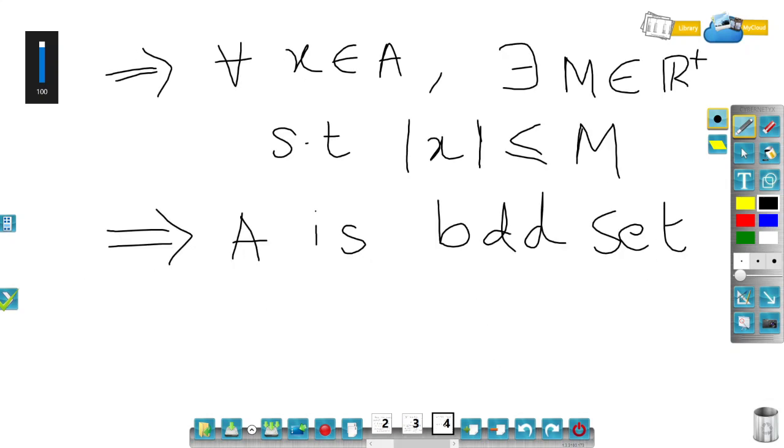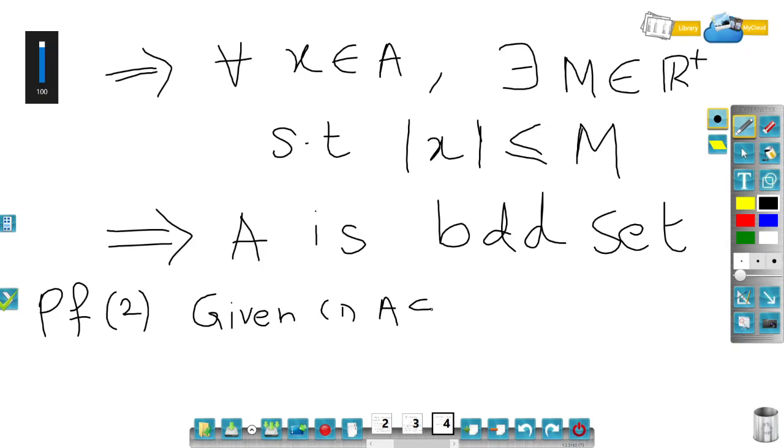Well, the proof was not difficult. Now let me go to the second proof. What is given in the second proof? It is given that A is a subset of B, and also given that B is bounded, and I have to prove that